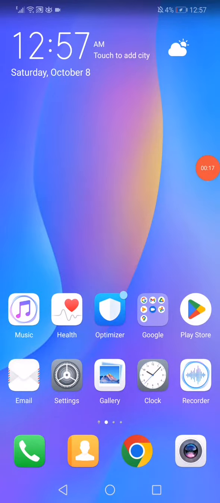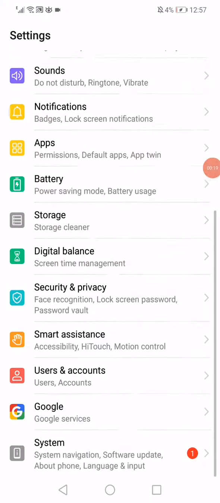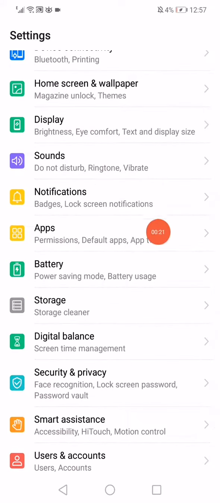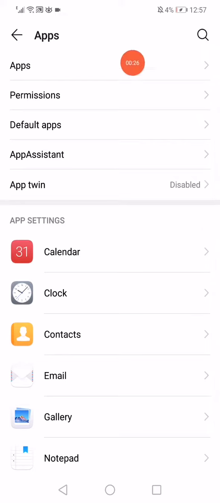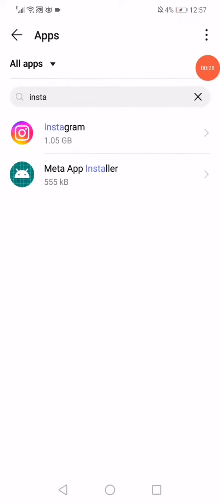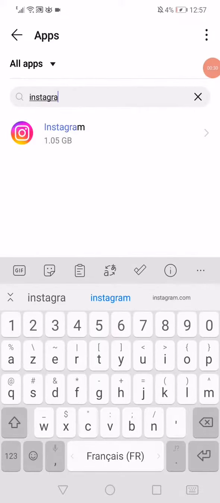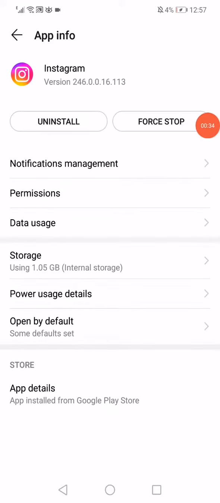As you can see, let's go to settings and now search for the apps manager. Click on apps like this, and now all you have to do is click on apps again, and now make sure to search for Instagram like this and click on it. Now all you have to do is just go to this permissions option